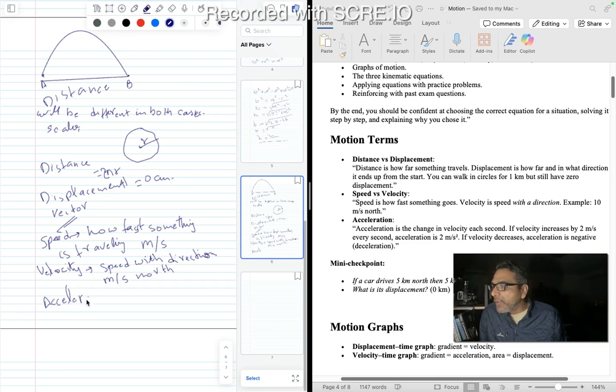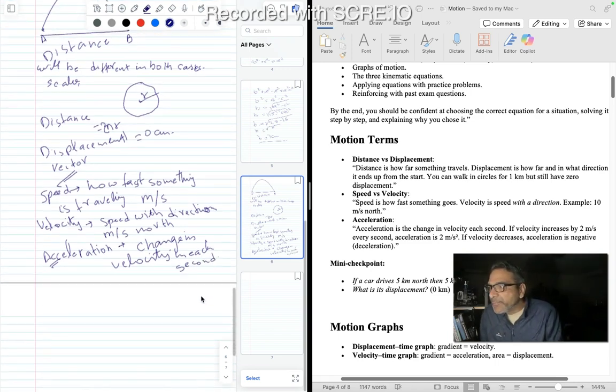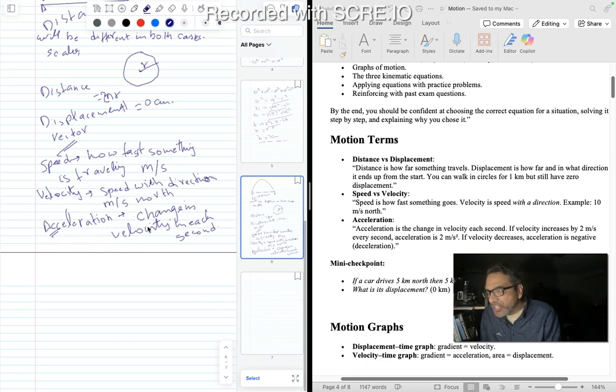Acceleration. I always forget the spelling. Okay. So acceleration, that means change in velocity in each second. Right. What does this mean? So when I'm saying change in velocity in each second, that means we are talking about